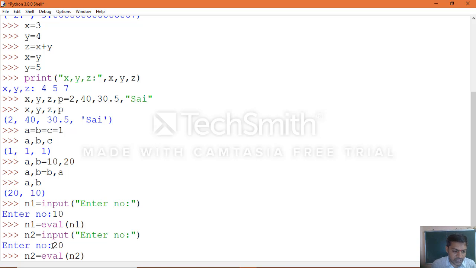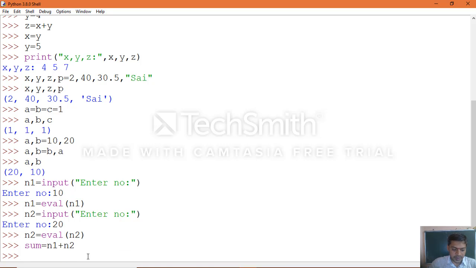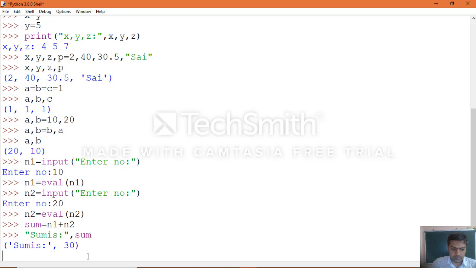The input which we gave here is taken as a string value, so you need to convert it to an integer value to calculate the sum. Now you can see sum = n1 + n2, then print "Sum is", sum. So that is how you can read the input value from the user by using the input function, a predefined function used to read the value from the user through the keyboard.